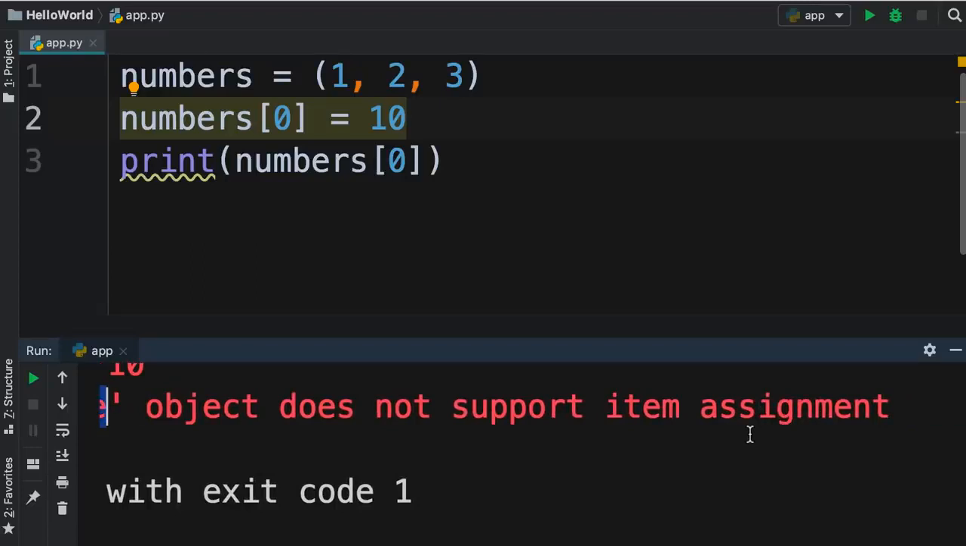They are immutable. Now, practically speaking, most of the time you'll be using lists, but tuples are also useful. If you want to create a